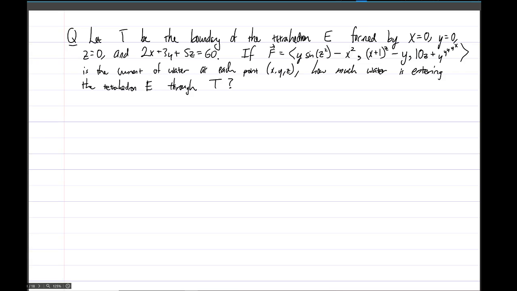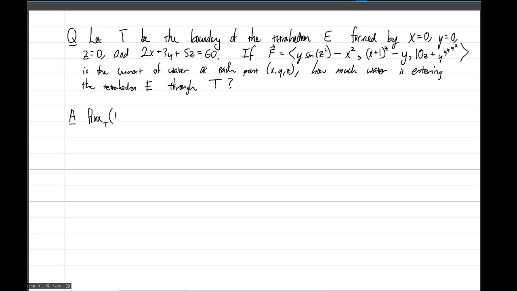It's formed by four planes, x equals 0, y equals 0, z equals 0, and this plane, 2x plus 3y plus 5z equals 60. And the funny language here is that it's how much water is entering in, right? So the orientation is not the outward orientation. Oh, geez, what do we do about that? Well, okay, flux of F, right? How much water, so coming in through